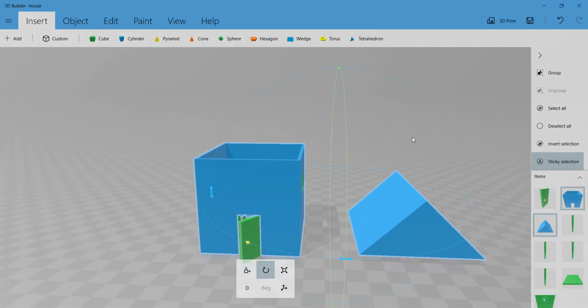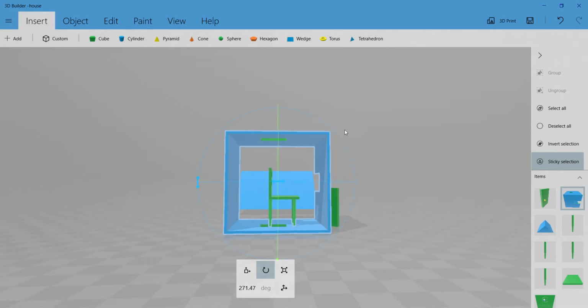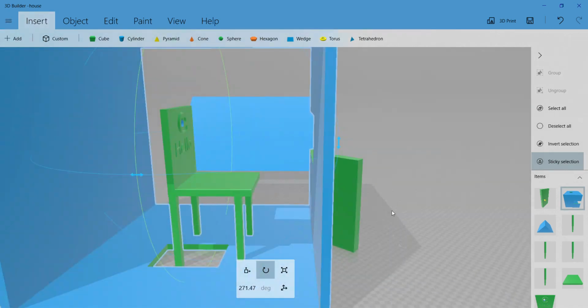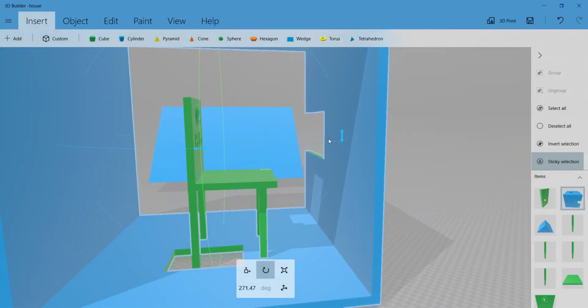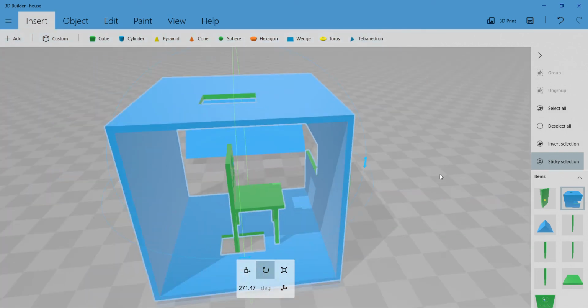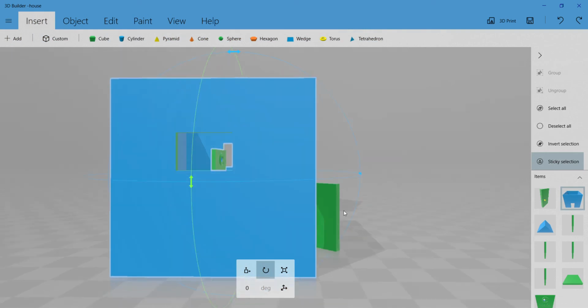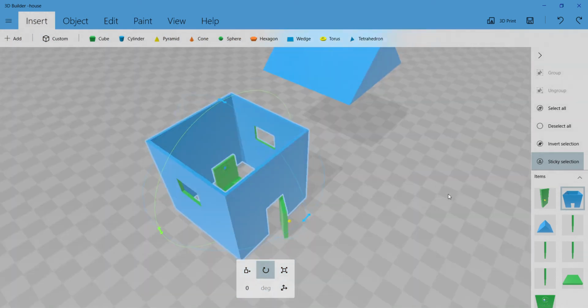I mean, I would slice it in half basically and have something like, whoops, deselect all. I should turn off sticky selection, but whatever. So basically it would print out like this, where I'm going to ignore the top half of this house, but basically it would print out this floor and maybe half of this, and you wouldn't have any overhangs because it's just going up and down. Nothing else is hanging over. This would be gone. I should probably just, I don't know,